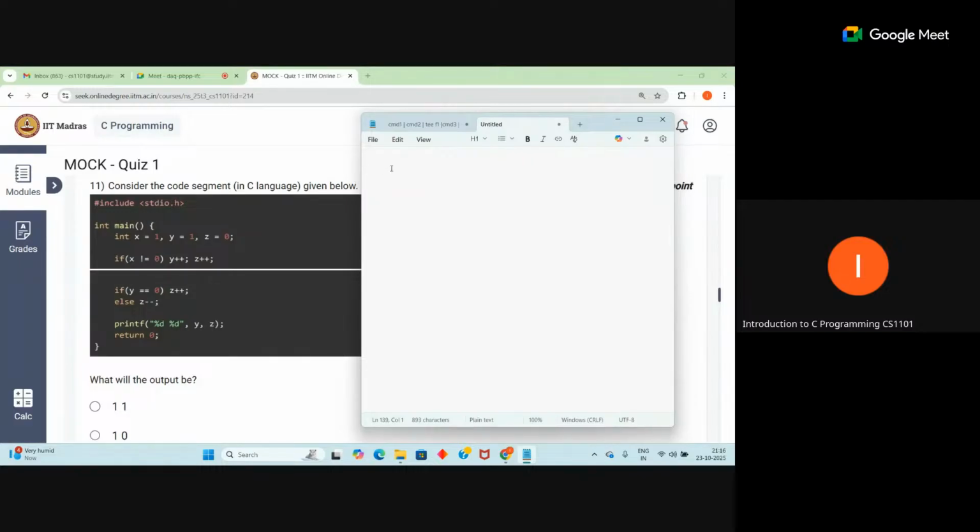So if x not equal to 0, what is the x value? 1. 1 not equal to 0. Is it true or false? Yes, true. So this is true. So when you say something like this,